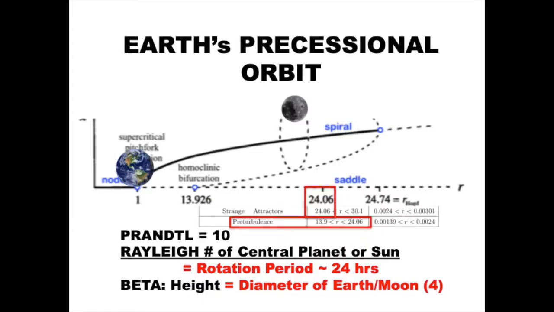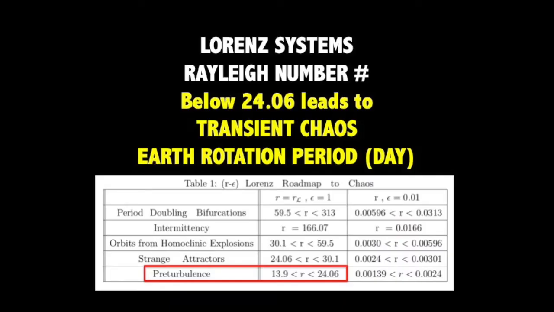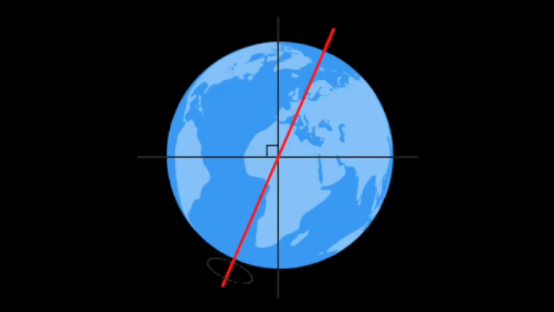And so because of this, like any closed loop thermodynamic system, the Earth, with its Rayleigh number being below this 24.06 number, experiences perturbations, which are slight variations in its axial tilt. And that leads to precession. As this system moves back and forth over time in a cyclical manner, it works itself out as a circle